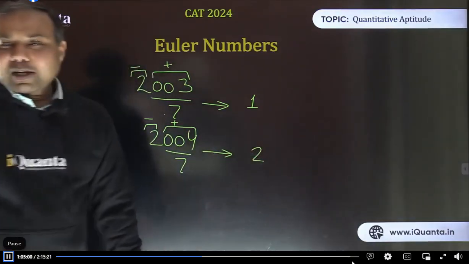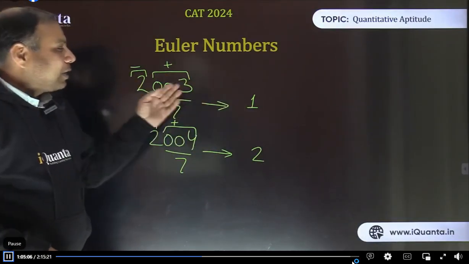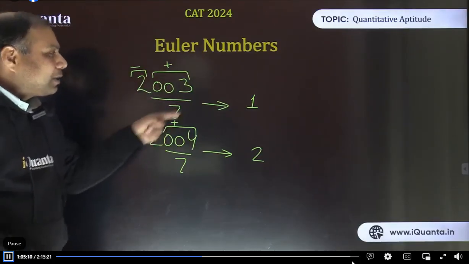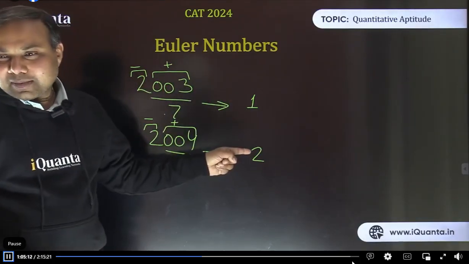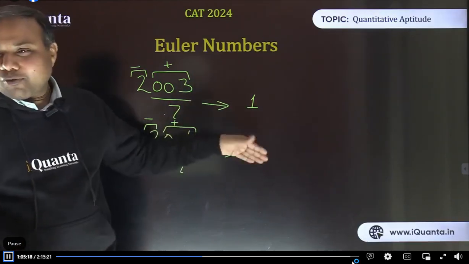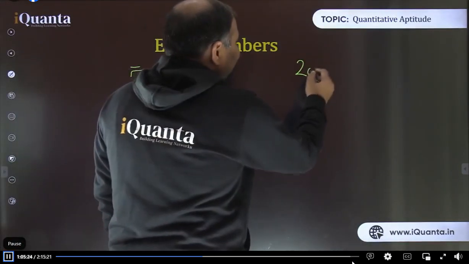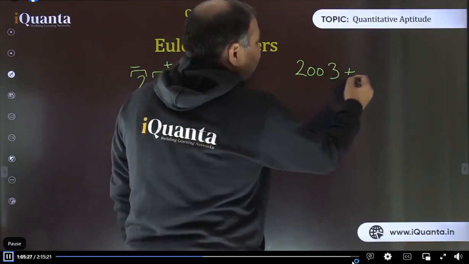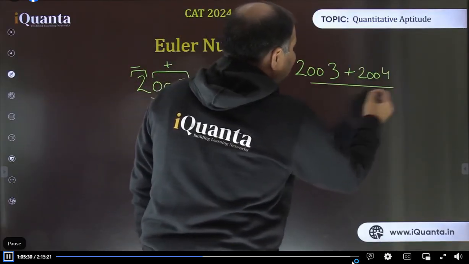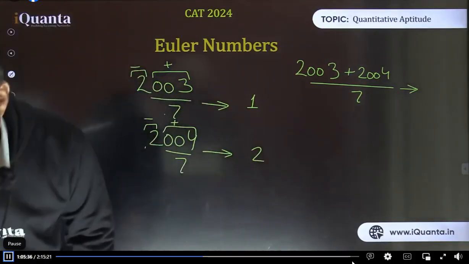So by subtracting we'll get 2. But dear students, we should understand one thing here. When we have calculated the remainder of 2003, that it gives remainder 1. So when we are increasing this number by 1, simply remainder is also going to increase by 1, isn't it? So there was no need to do this 004 minus 2. This time directly we could have said it increased by 1. Right? Anyway, so this remainder is 2. Now, tell me one thing. If I ask you what will be the remainder when 2003 plus 2004 is divided by 7, please tell the remainder. What will be the remainder when 2003 plus 2004?